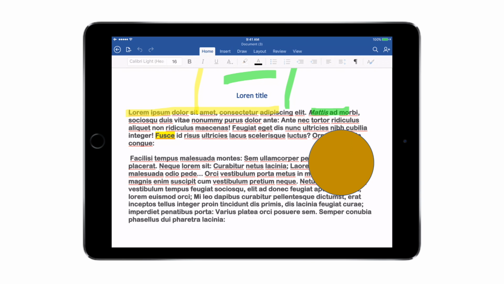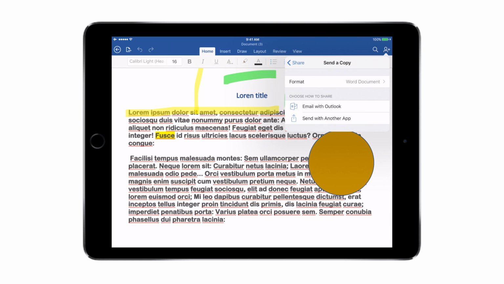So once you have saved the document, it's time to share the document with your colleagues. So in the right top corner, if you press that button, you can either invite people to make changes to this document or even send a copy to your friend. You can send it with the default mail app, or you can send it using Outlook. You can choose the kind of format that you want to send the document. So you can send it in a Word document or a PDF document.